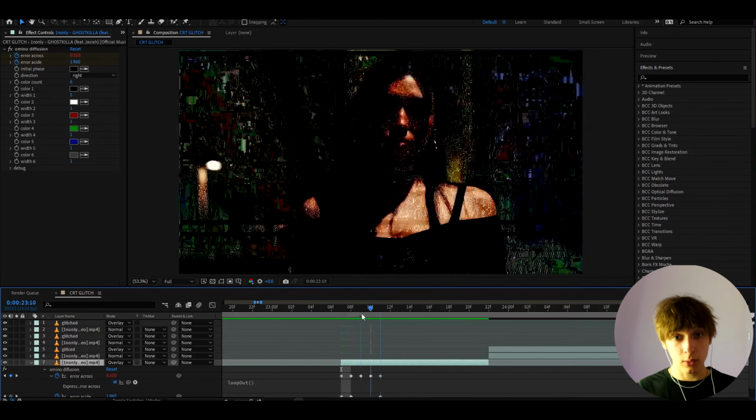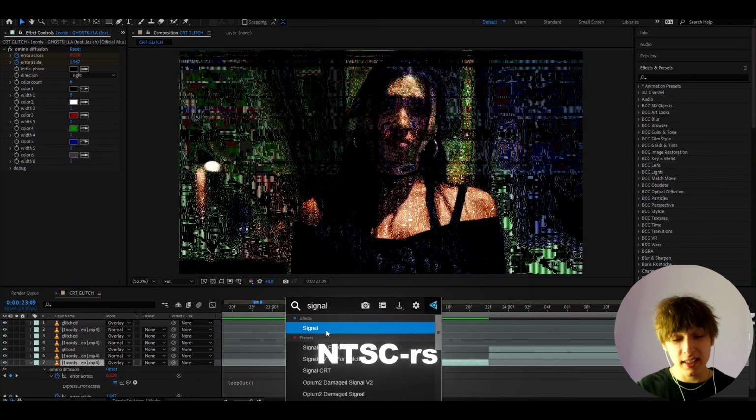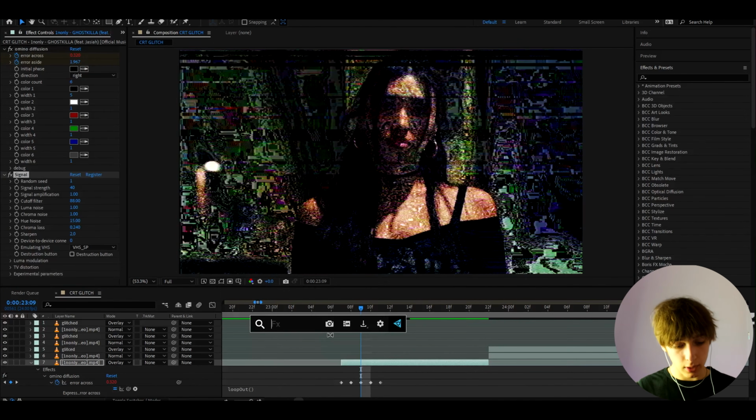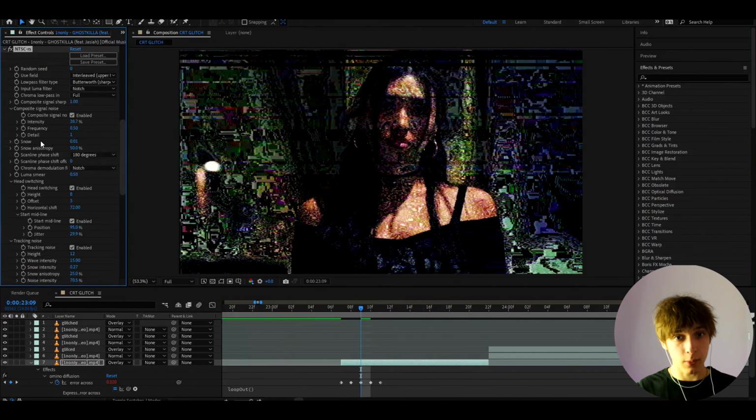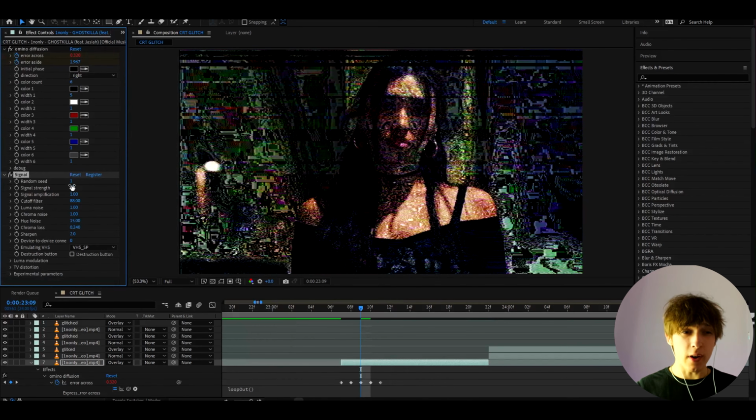And to make this glitch a bit cooler, we can also add a plugin called Signal, or you can add a free plugin called NTCTRS, which would look like this one. Both are very similar, so you can add these, but Signal has different namings for the settings, just so you know. And in Signal, all I really like to do is make the signal strength 10,